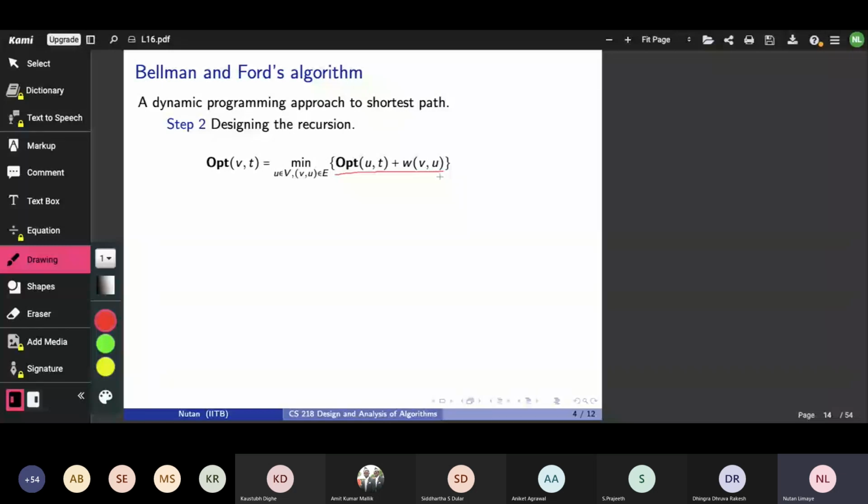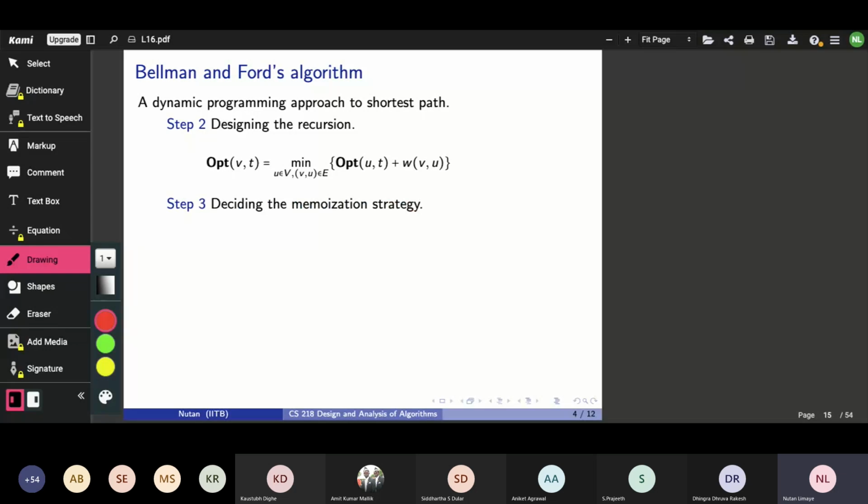Just like in the parenthesization problem that we saw earlier, we didn't know where is it going to be the best first outermost parenthesis. Okay? So we had to guess. And the guessing is kind of moved to this part where I do min, max, or whatever is my optimization problem, depending on my optimization problem. In this case, we want to find the minimum weight path. So naturally, we need to select that U which minimizes this quantity. And that's really my recursion. Okay. So I have the recursion now.